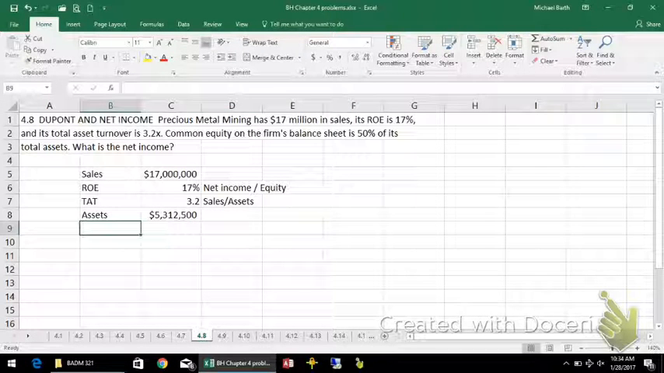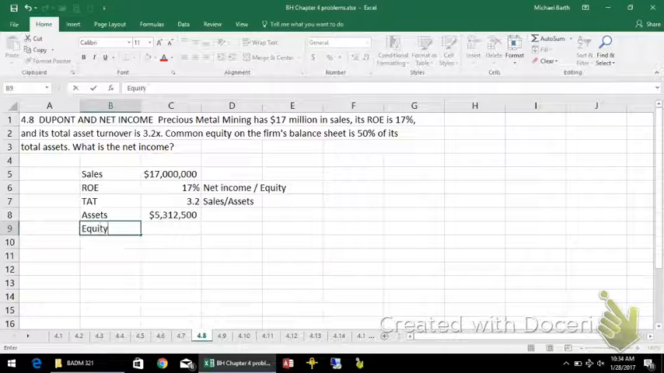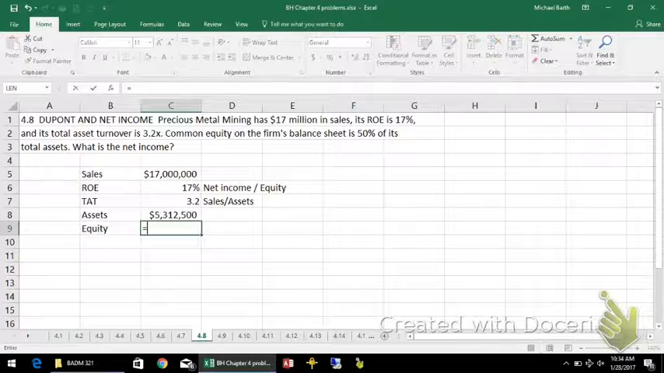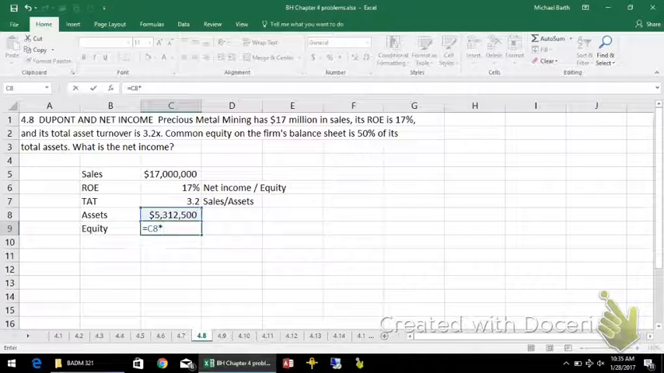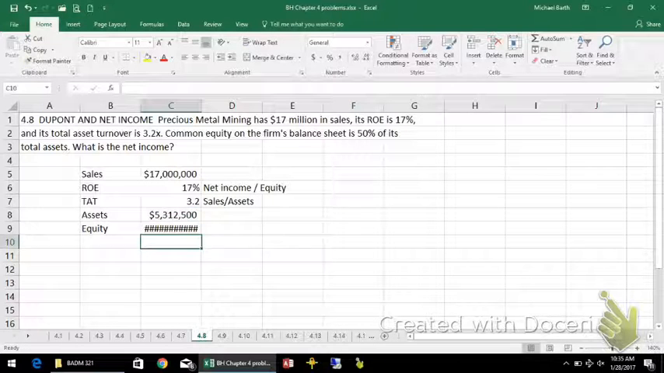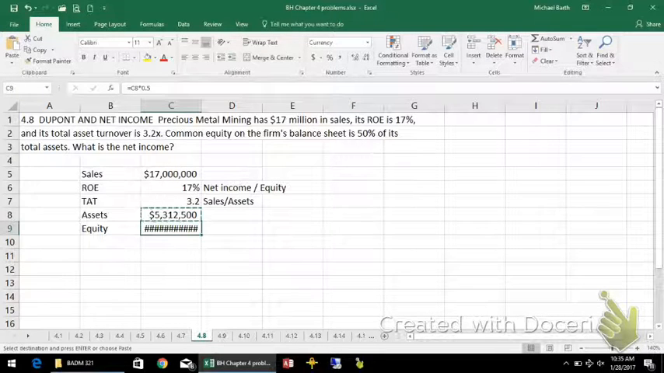So common equity on the balance sheet is 50%. It's given in the problem: common equity on the firm's balance sheet is 50% of its total assets. Then that times 0.5 tells me that the equity was